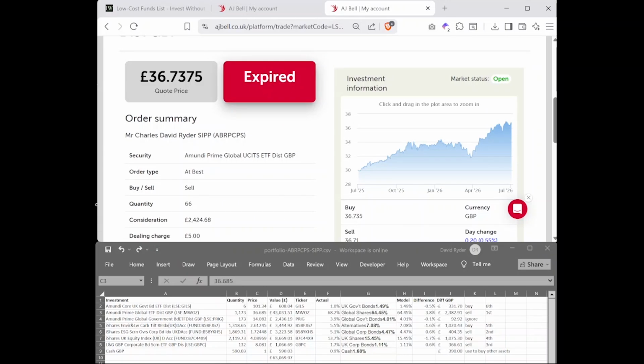I'm not going to be hurried into any sort of action, so that's expired. It only gives you 15 seconds, and then it has to go again with a different price, which is absolutely fine. So I'm just going to run that again. One thing first of all though to look at is here. So the total amount is